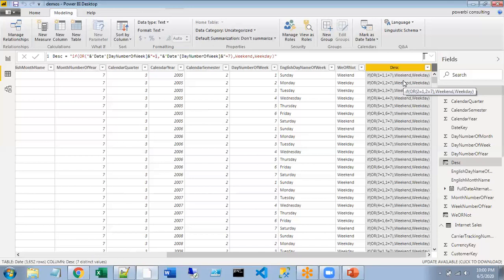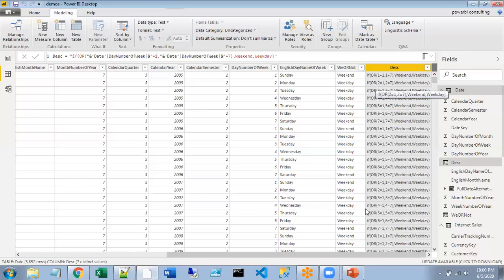So it is very simple. Always your calculated column will be evaluated under row context, and that row context is nothing but the current row wherever the expression is being evaluated. So if the expression is being evaluated, then this row will become the current row for that. I mean, that row will become the context for that expression. Okay, so this is very clear.